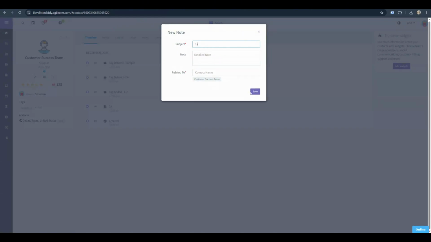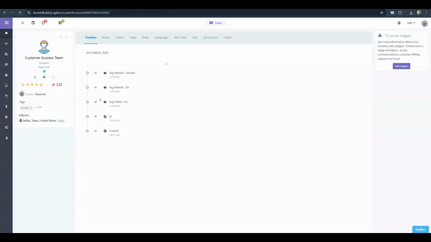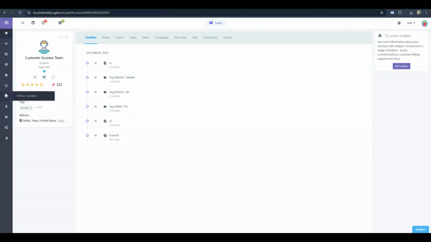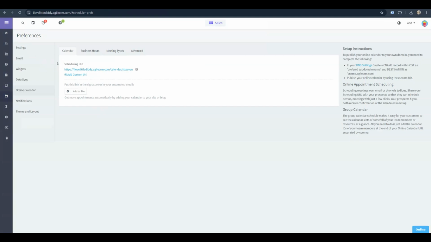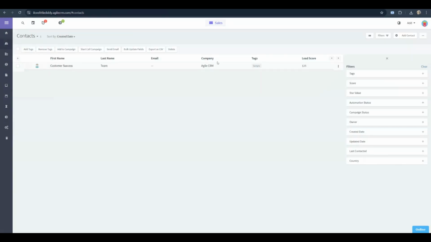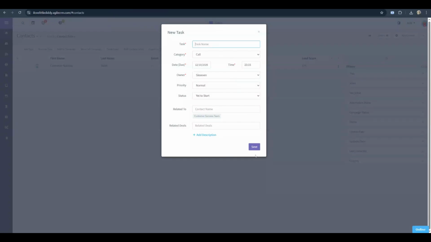Next, set an appointment. Go to the Calendar tab on the left. Click on any date and time on the calendar. A pop-up appears. Type the appointment title. Set the start and end time. To link it to a contact, find the contact field and type their name, then select them. Click Save. You can see your task on the Tasks page, your note on the contact's profile, and your appointment